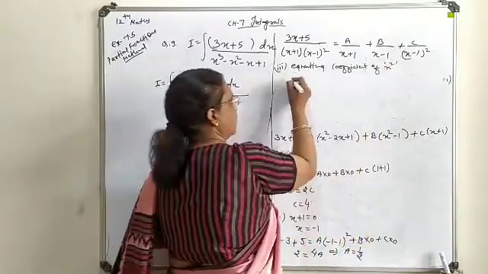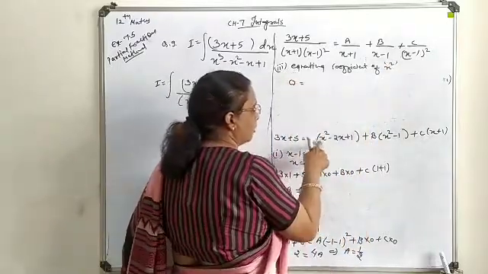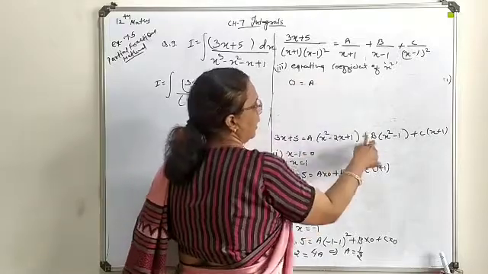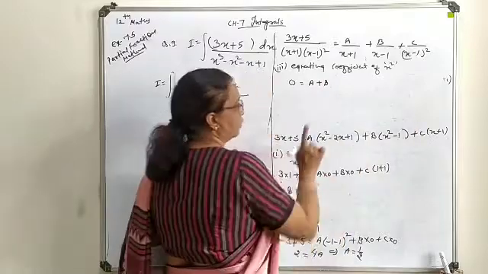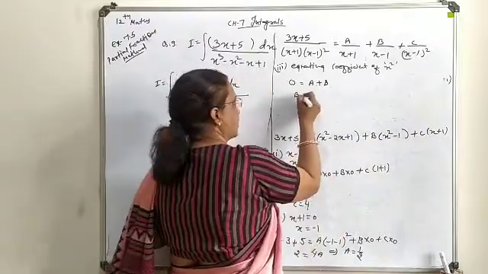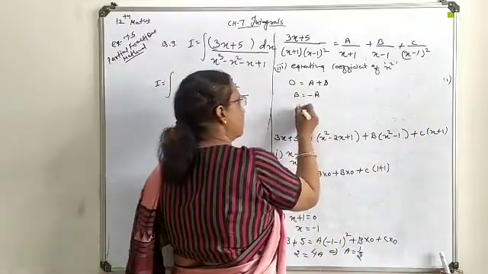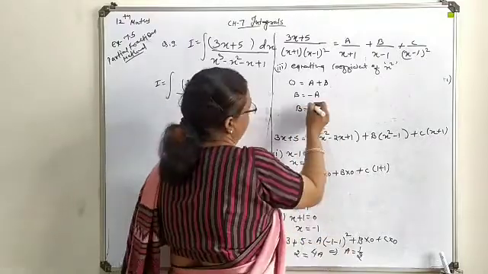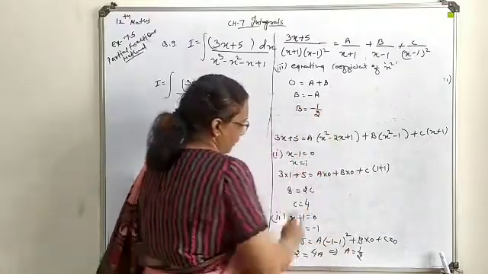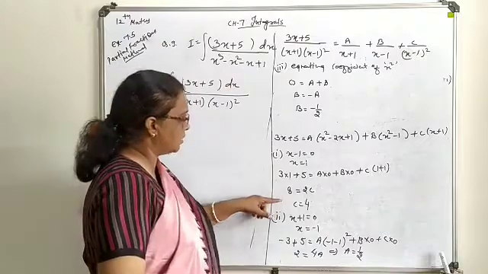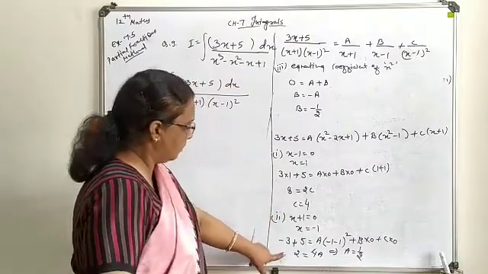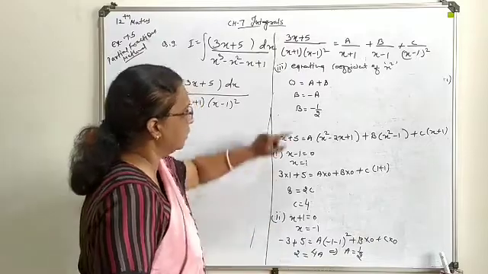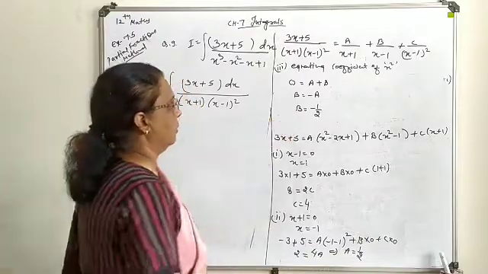So here it will give you 0. Here coefficient of x square means A. Here coefficient of x square means B. C is not having any of the coefficients. So here B is coming out as minus A, means B is minus half. So this way your C is 4, A is 1 by 2 and B is minus 1 by 2.